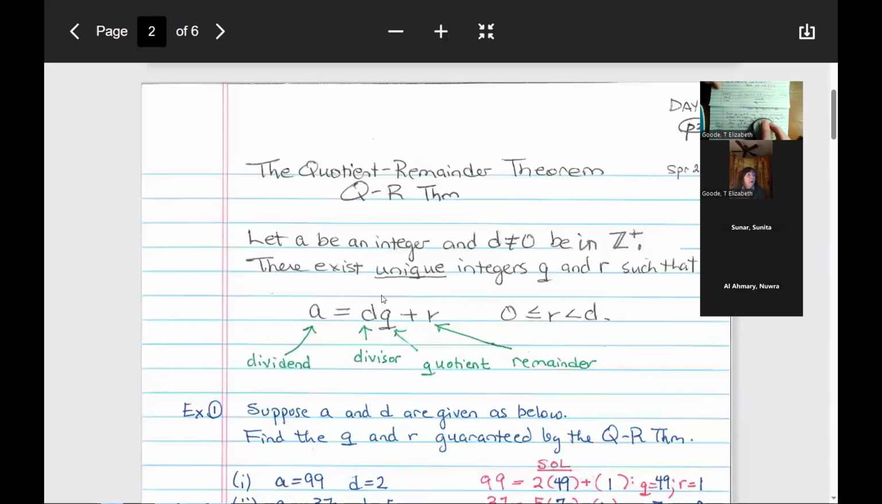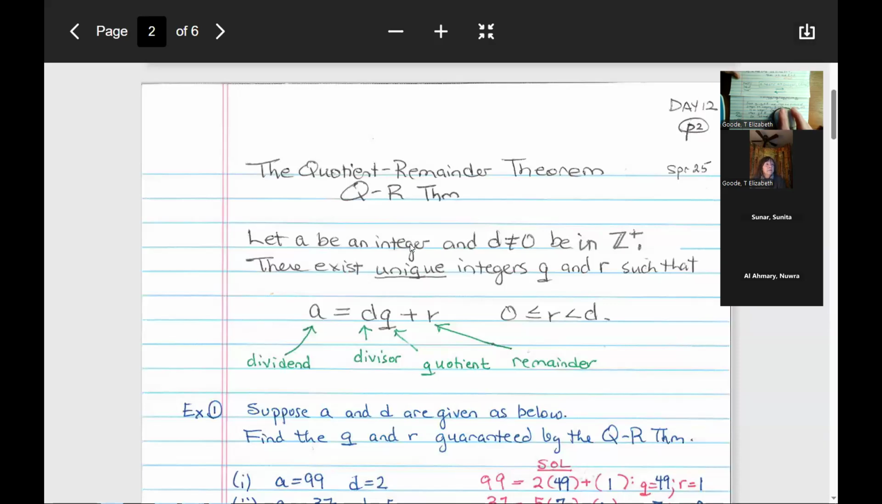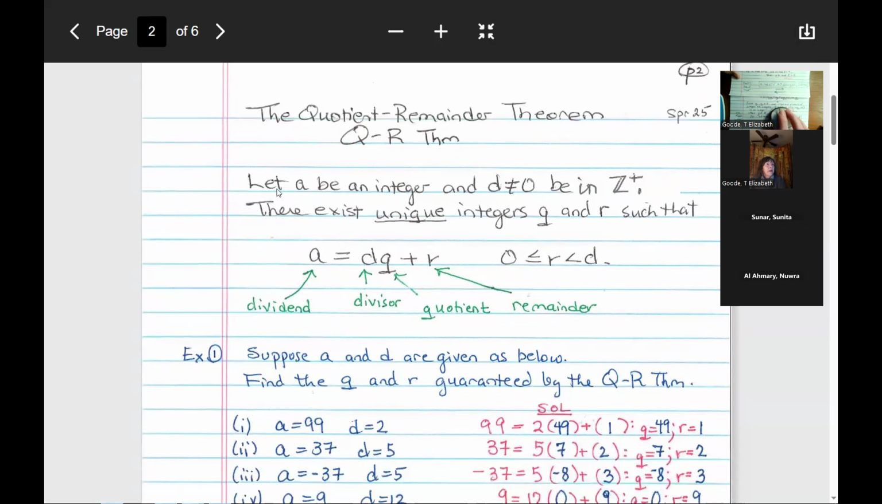The QR theorem is an existence and uniqueness statement. Let A be an integer and D be a positive integer. I should have just said that, because if it's in Z plus, it's not 0. So that was silly. But anyway, we've got an integer A and we've got a divisor that's strictly positive. There exist unique integers